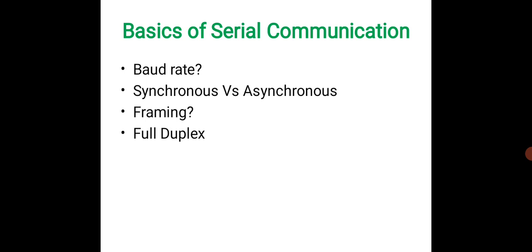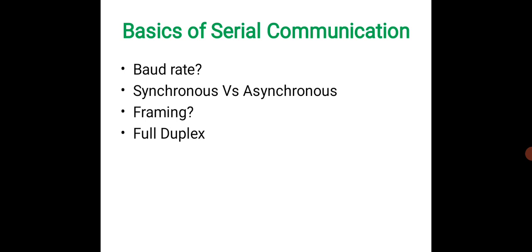First of all, we should know what is baud rate. Baud rate is nothing but the number of signal changes per second. We should not define it as the number of bits per second. It is the number of signal changes per second. For example, if we have 1200 bps, it means that 1200 bits per second are getting transmitted or received. Nowadays it all goes in Gbps and Mbps rates.